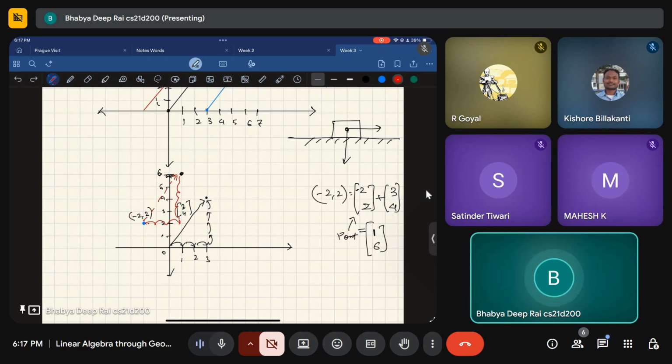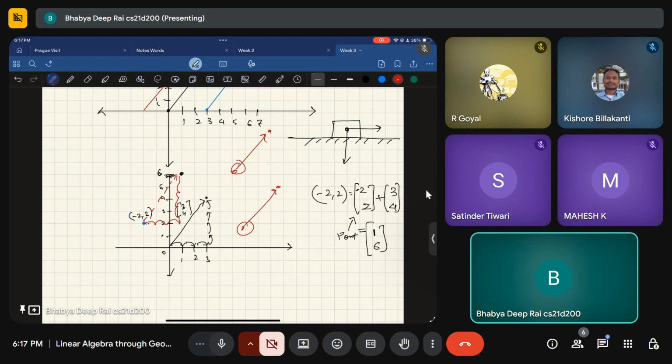Okay, so that's the quick recap that I wanted to do. Now let's just directly jump into the questions. And by the way, to respect the spirit of the lectures, we are right now focusing only on 2D vectors, not higher dimensions of vectors.